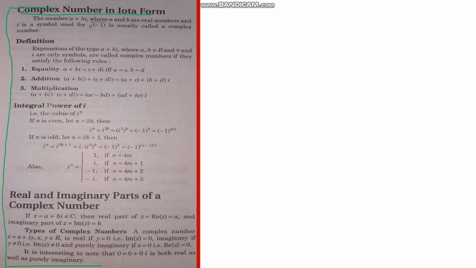First thing, let me tell you the difference between a complex number and an imaginary number. A complex number is any number written in a plus bi form. Anything written in a plus bi form is a complex number. For example, 1 plus 2i, or let me take 3i, where you can easily understand what a is and what b is. For 3i, a is 0, which means we can write it as 0 plus 3i, and b can be written as 3 here.